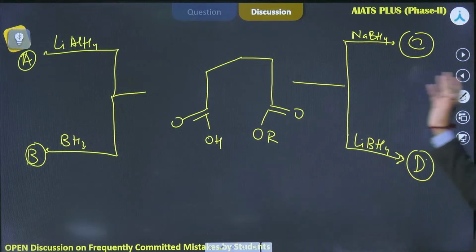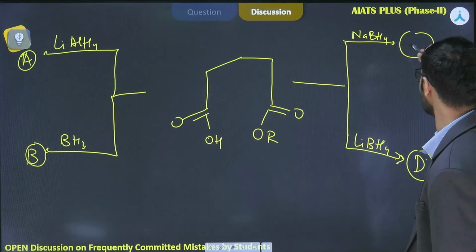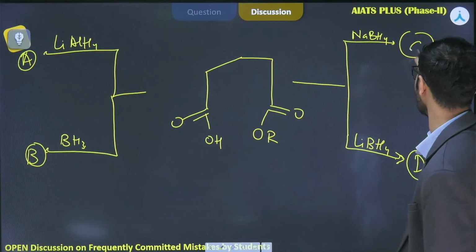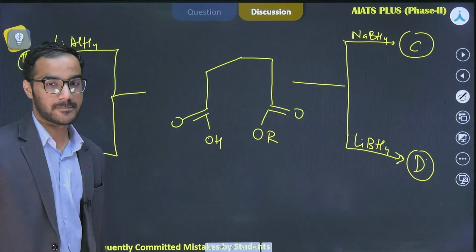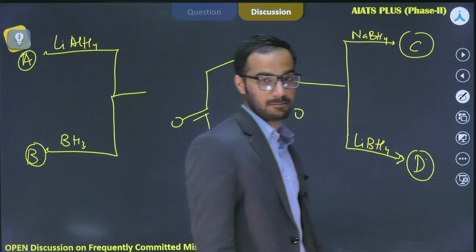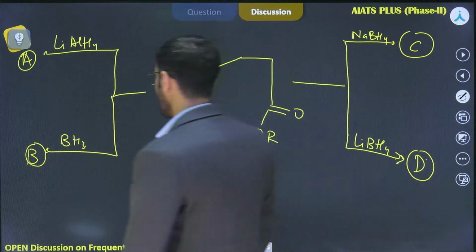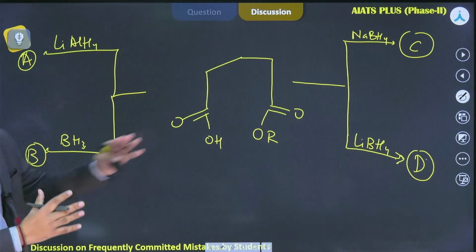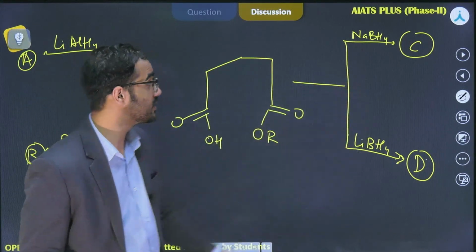So what are the products formed in that portion? Try to solve it, then we will be discussing each and every point. Okay. As we have already undergone NaBH4, we can say that